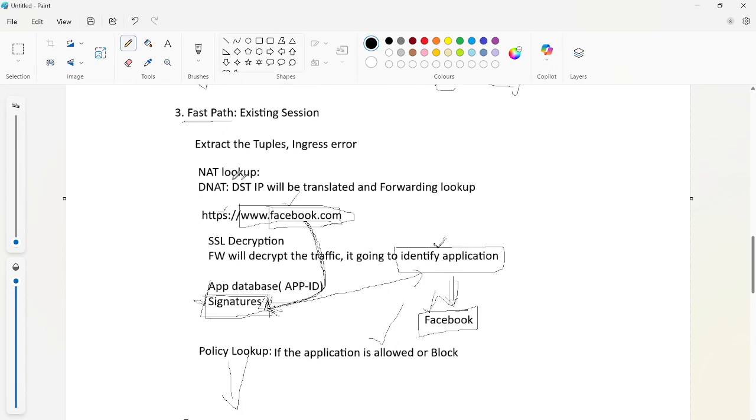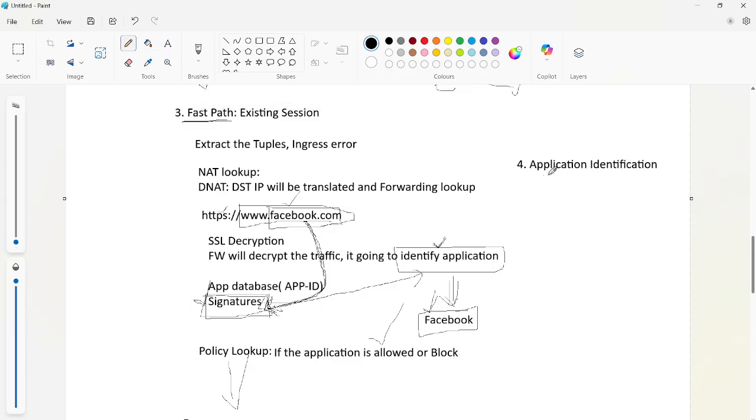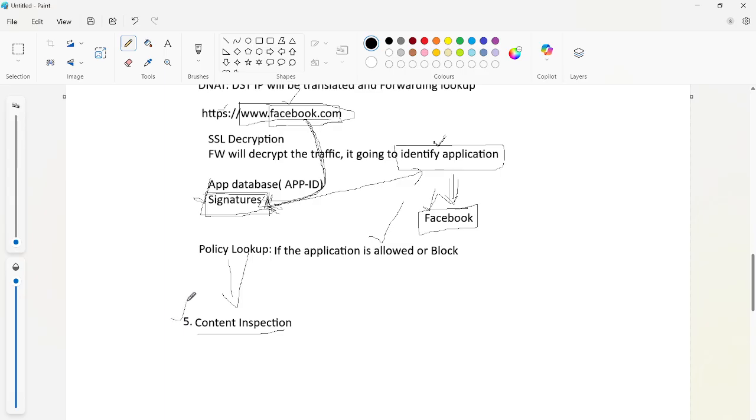If the firewall identifies the application in the fast path itself, the fourth stage, which is the application identification stage, will be skipped. If the firewall has a matching signature for this traffic, it will identify the application in the fast path itself and move to content inspection.